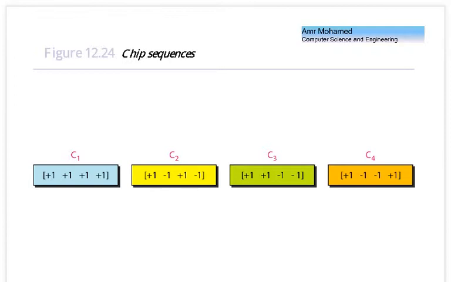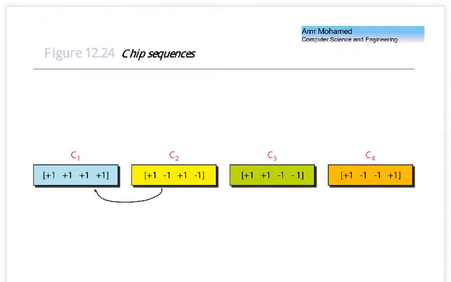So this is an example of a representation of these codes. Remember that the data is 1 bit. It gets multiplied by a vector. So each 1 bit will get multiplied by a vector like this. And if you try to multiply, you will see these codes are calculated in such a way that if you multiply any of these two codes,